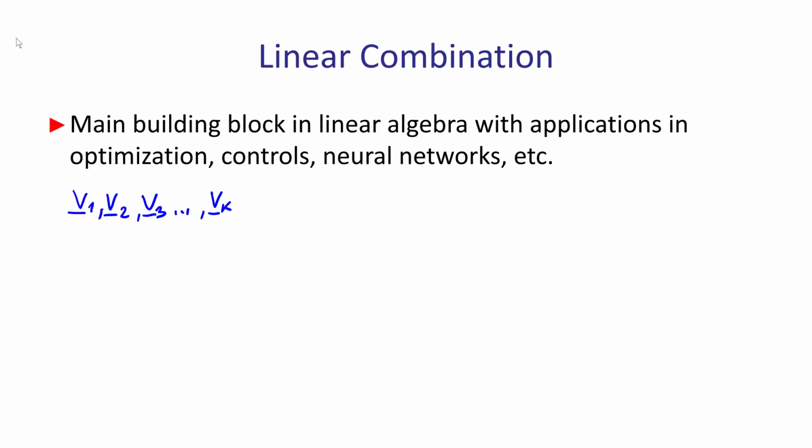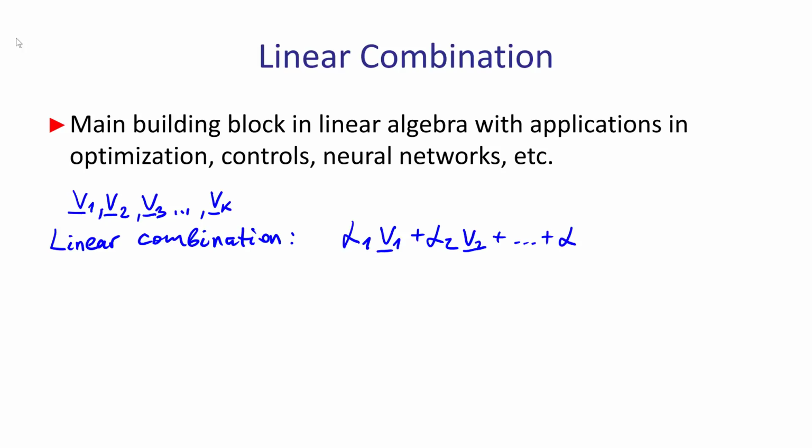The linear combination is defined by the following thing. It's alpha 1 multiplied by v1 plus alpha 2 v2 and so on, alpha k multiplied by vk,